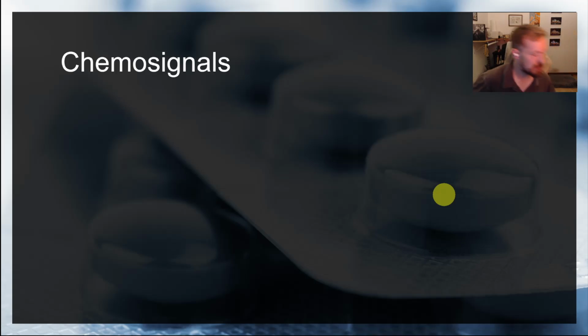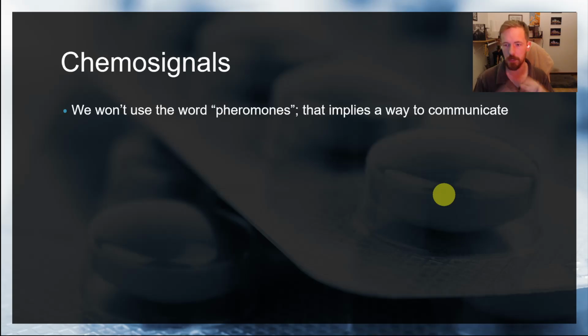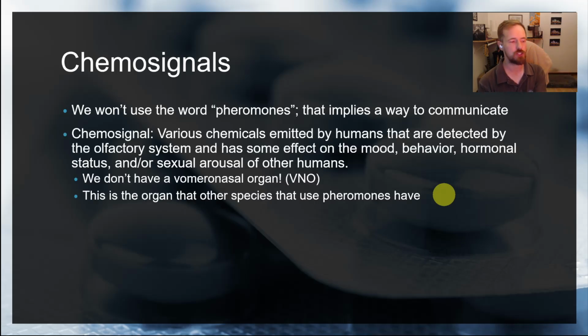And so for this very reason, people just call it chemosignals. They're like, okay, well we can't say it's pheromones, we just got to say it's chemosignals. We're not going to use the word pheromones because that must mean that we have a vomeronasal organ. And we don't have a vomeronasal organ because we've seen dead bodies, we've seen brains, they don't have a vomeronasal organ in it, so it must be something else. So a chemosignal is just a very, very broad definition of any kind of signal that we detect with our olfactory system that seems to have an effect on our behavior. That effect may be mood-based, it may be hormonal-based, maybe sex-based, but it's having some kind of effect on us.